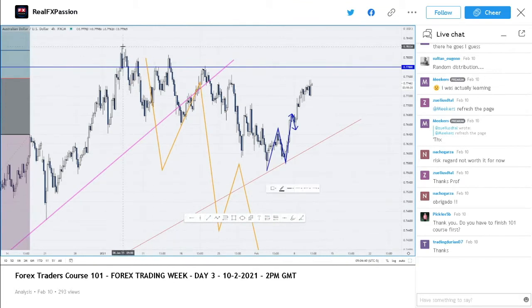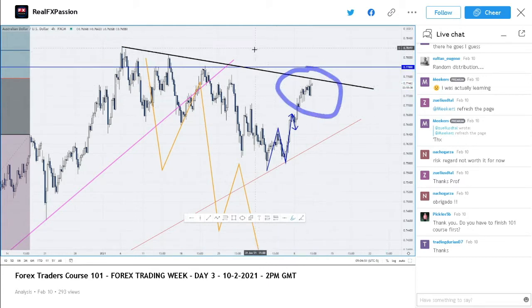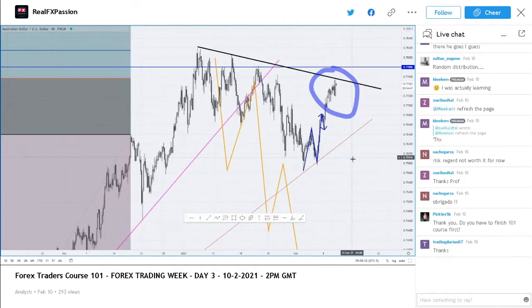So what we have learned in the previous 15 lessons is about the market wave. It's about multiple time frame trading, some concepts here. And we are at the short-term downtrend line, right, on the 4-hour chart. Everybody, is now the right time to go short on AUD USD 4-hour chart? What would you say?